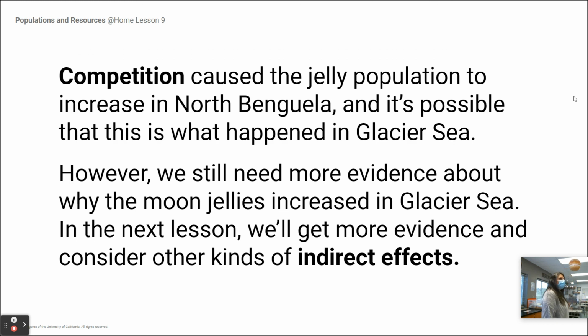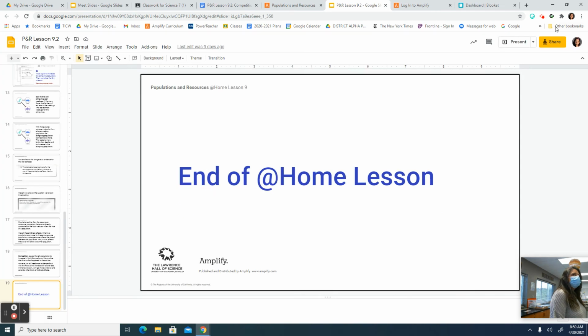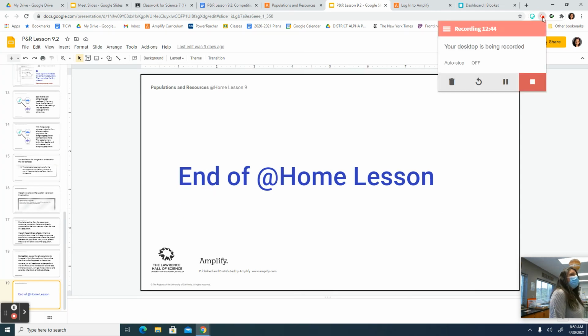Competition caused the jelly population to increase in North Bangula, and it's possible that this is what is happening in Glacier Sea. However, we will still need more evidence about why the moon jellies increased in Glacier Sea, and in the next lesson, you'll get more evidence and consider other kinds of indirect effects. So we have one more big main idea to get through, and then we'll have all of our information, and you'll be able to make your final arguments as to why the moon jellies in Glacier Sea increased. Questions? All right, so